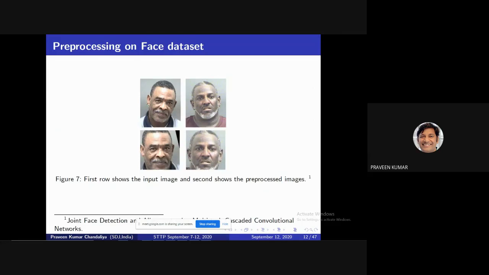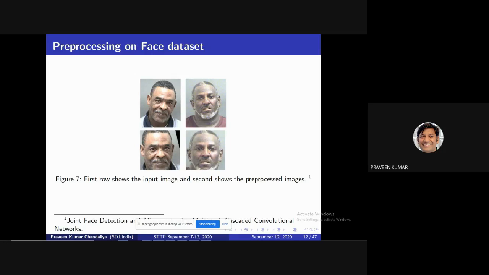This is the result on the MORPH dataset and this is the mugshot dataset. This dataset is not available in the public domain; I purchased it from North Carolina University. The first row represents the initial input. You can see the faces are pose-variant: the first face is rotated 30 degrees and the second face is rotated 10 degrees. After applying MTCNN, alignment and cropping are performed. The size after this is 128 by 128 with 3 channels, so 128 by 128 by 3. The second output size is also 128 by 128 by 3 after pre-processing.